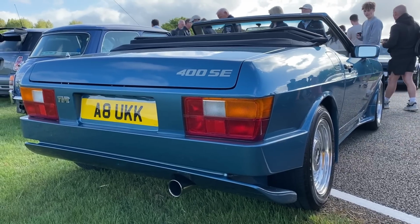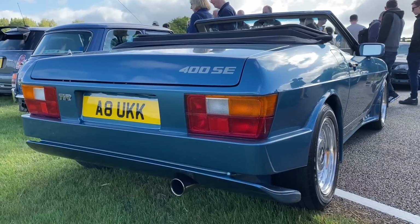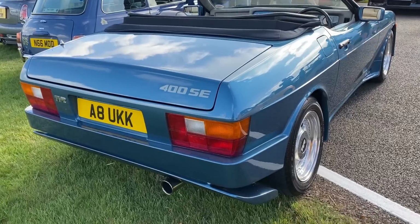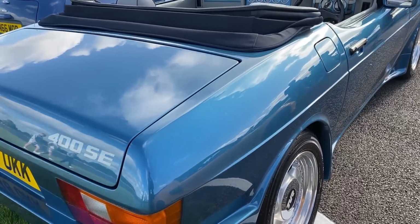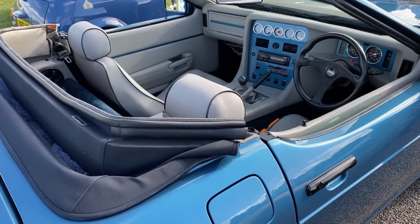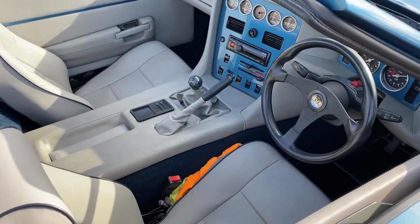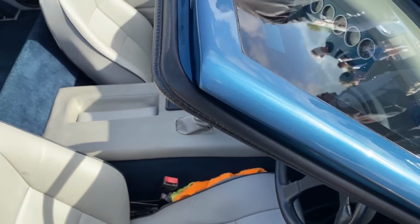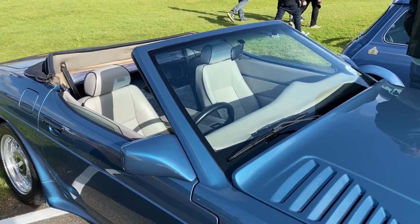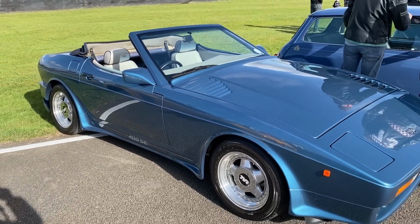So, getting down low to have a look at this Wedge 400 SE TVR. No apologies for including another TVR, certainly when they're as special as this one. Now this one is in epic condition. Not only that, the fiberglass doesn't always survive as well, I've seen many that are not too great, but this one looks like it's had a lot of love, and the paintwork and the interior is as good as I've ever seen on one of these, to be honest with you. And I've seen a few of them, looked at them from afar, even considered buying one, but